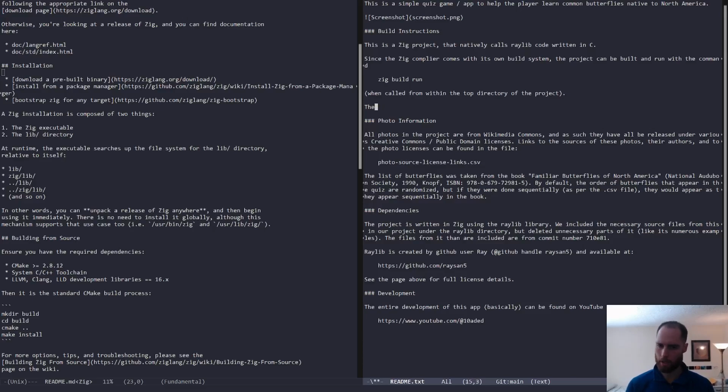The project was built with the Zig 0.11.0 compiler. Available at,